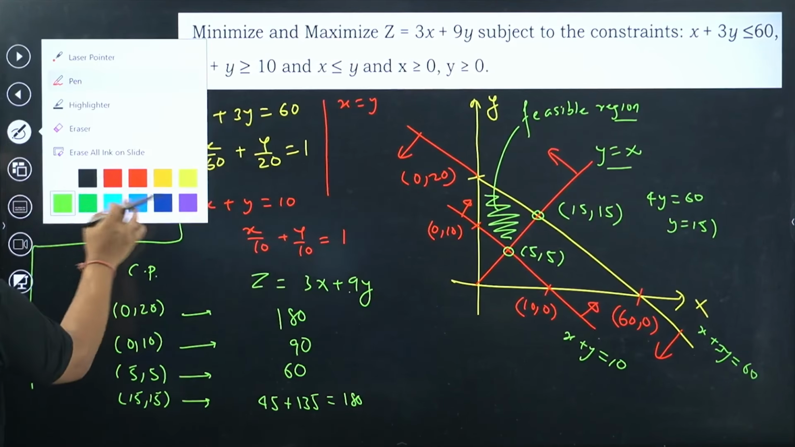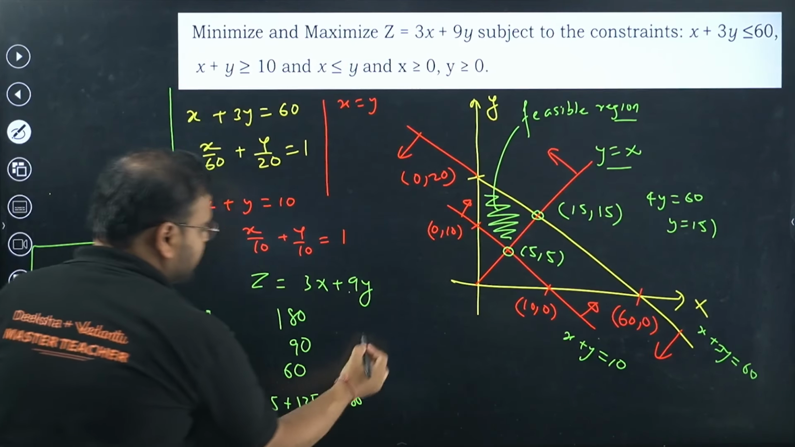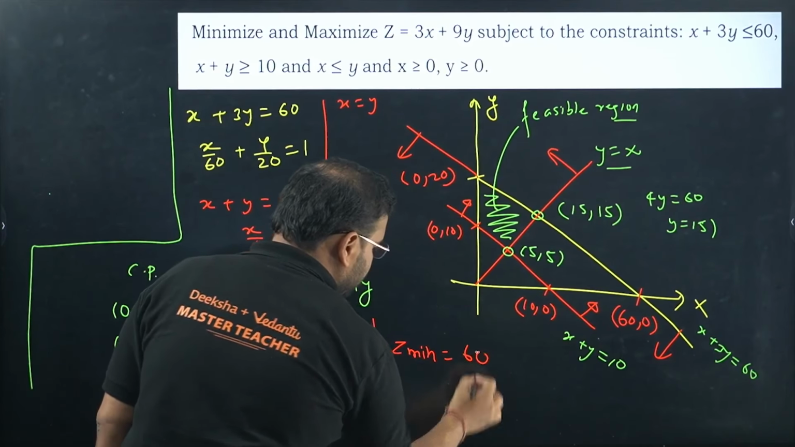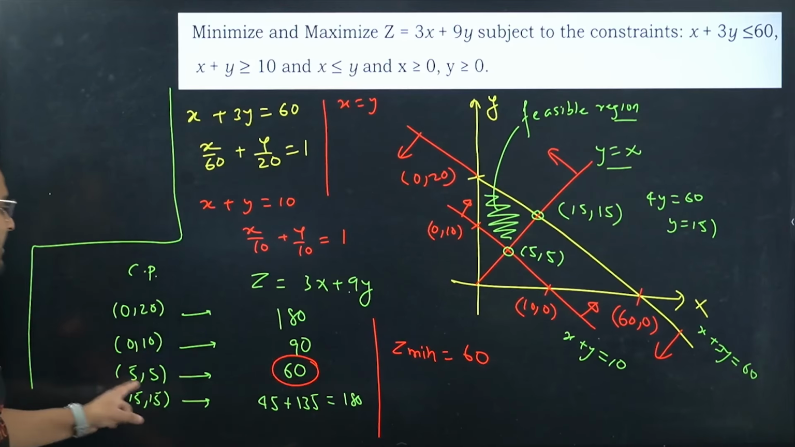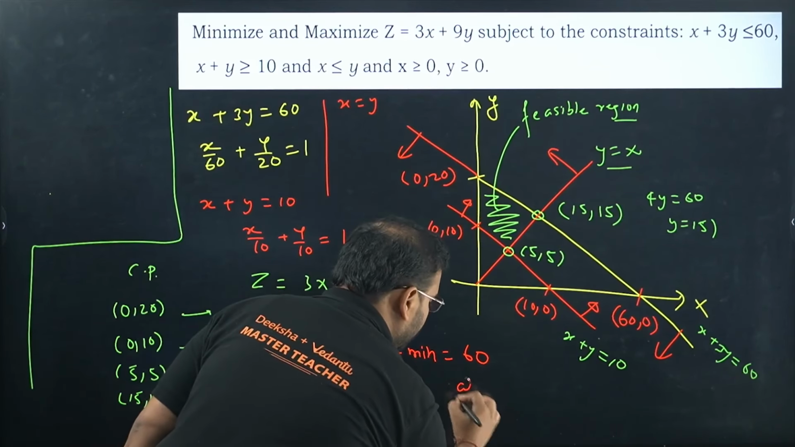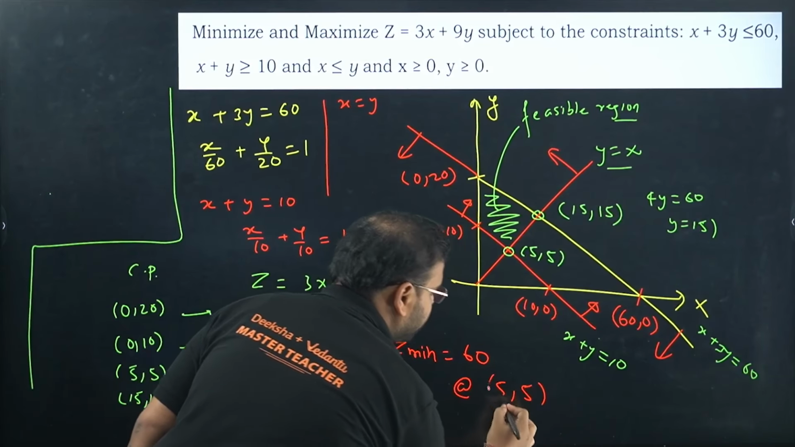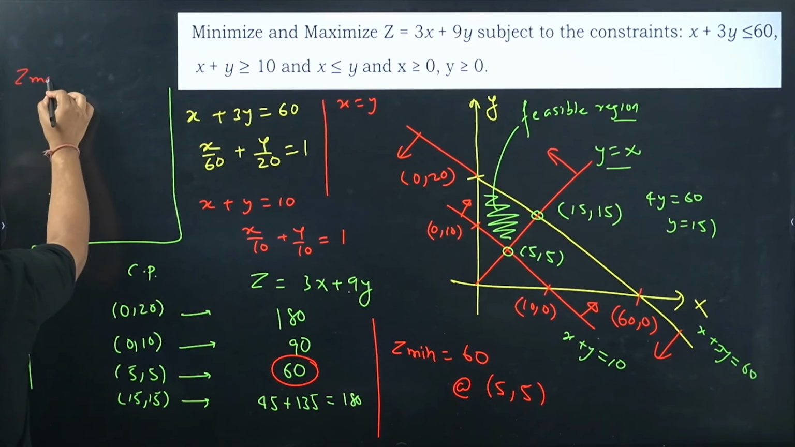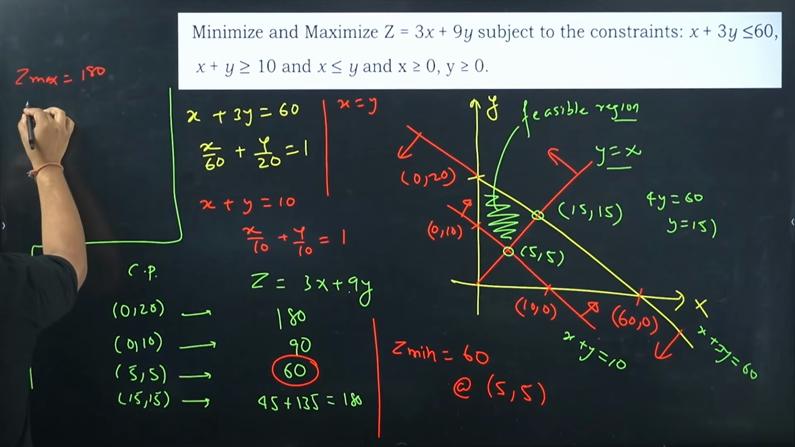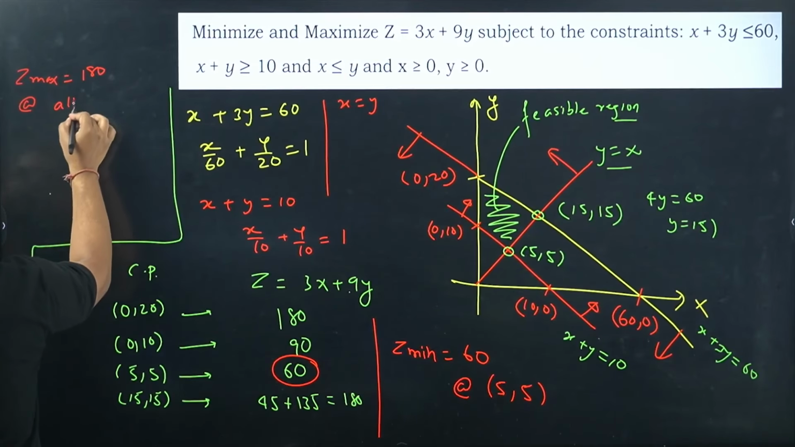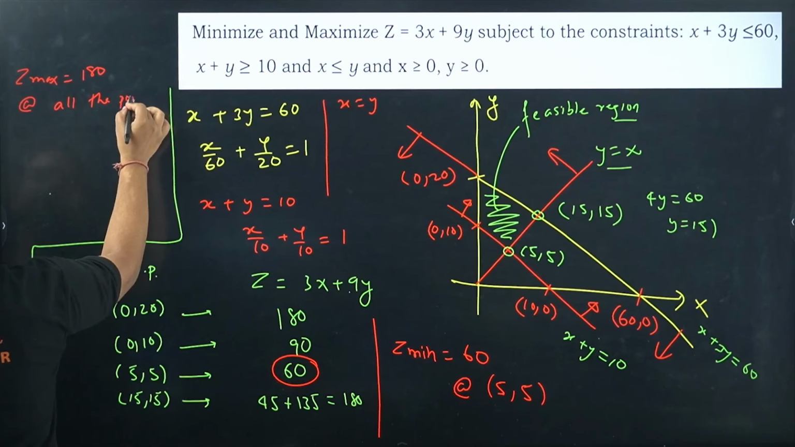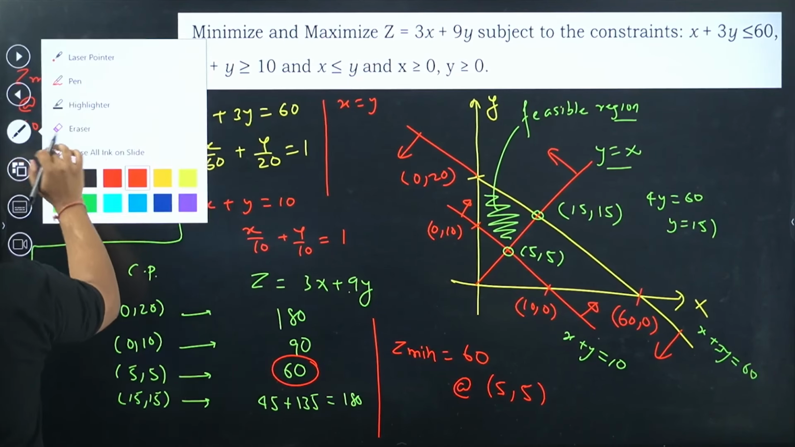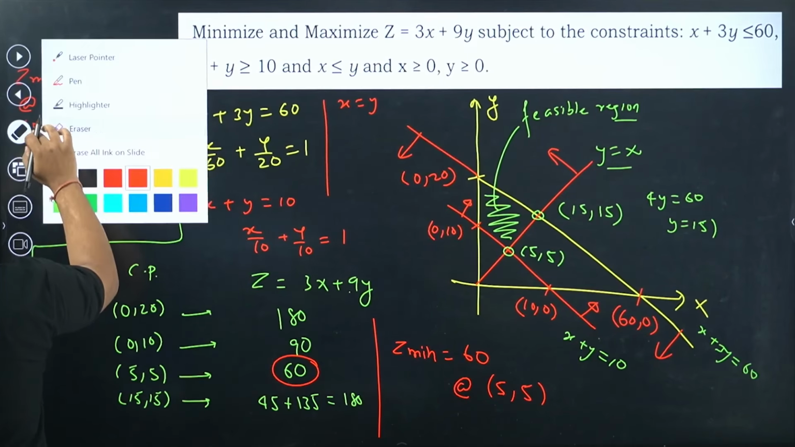Check. Last step. So I can write Z minimum over here only. Z minimum is 60, and it occurs at the point 5, 5. What about the maximum? Yes, Z max value is 180 and occurs at all the points on the line joining